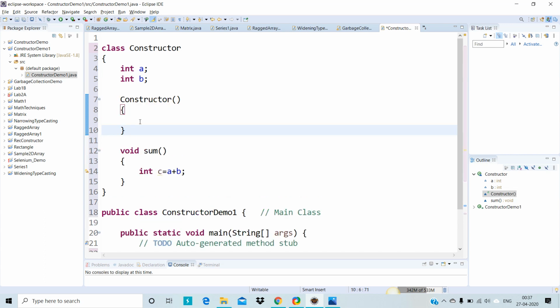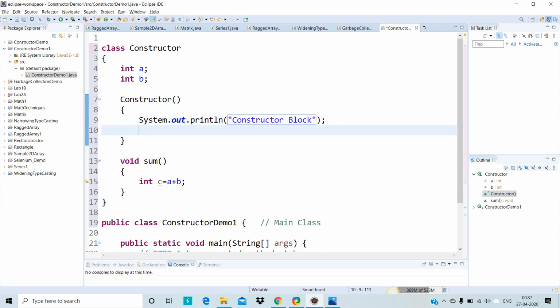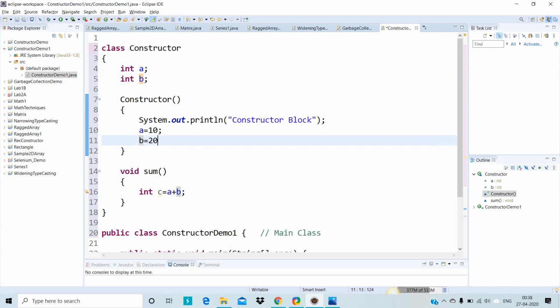Inside this constructor block I'll initialize the variables, so a is equal to 10 and b is equal to 20.